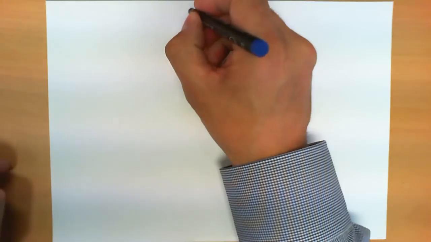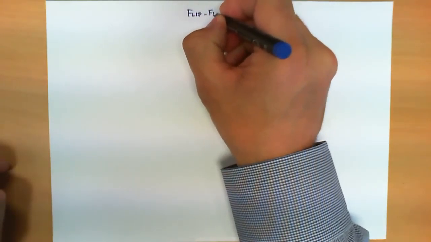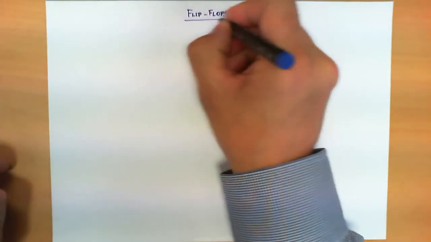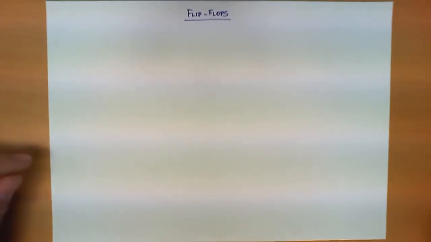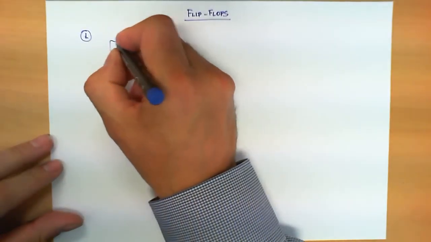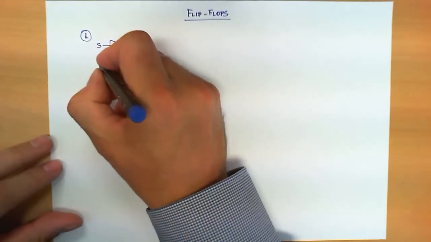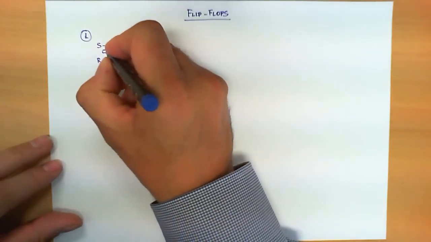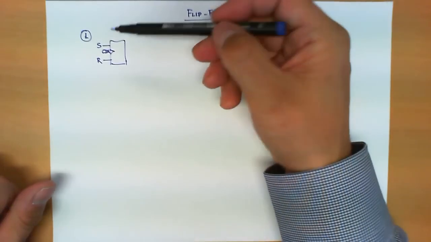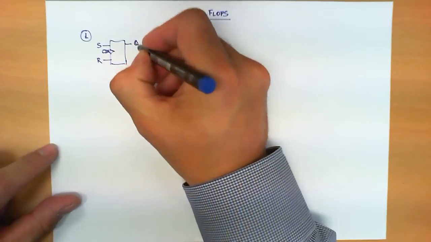In this video we're going to summarize how the digital circuits called flip-flops work. And we're going to study three types of flip-flops. The first type is what is known as the SR flip-flop. This circuit has three inputs, S, R, and a clock, and two outputs, which we're going to call